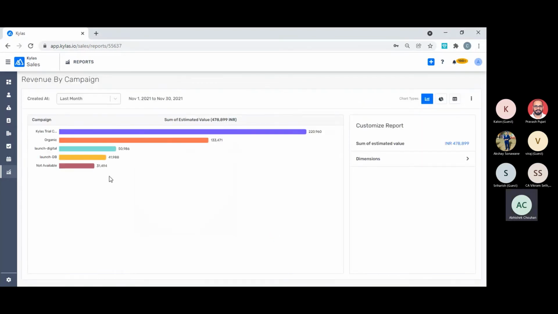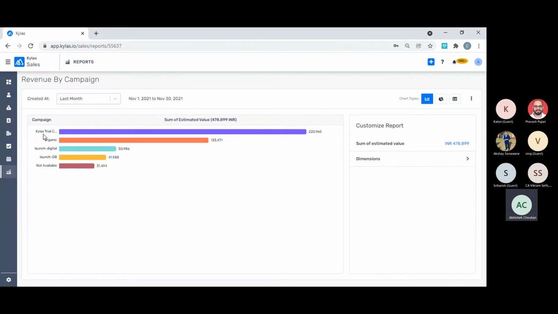Okay, so what it is giving me as a number is how much value of deals has been created in Kailas coming from a particular campaign. So you can see there are many campaigns running: Kailas trial campaign, organic is one thing, launch digital, launch DP. So these are my dummy names of campaigns. So I can see how many deals have been created from each campaign and what is the value.